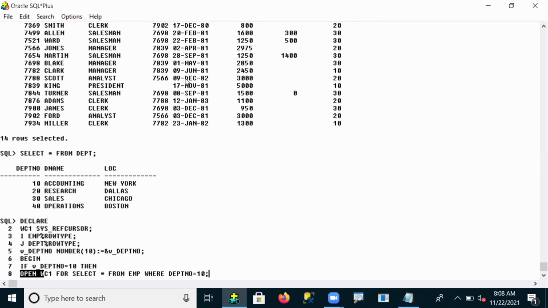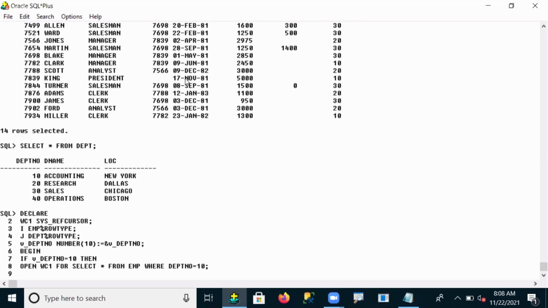Now, in the previous example programs, the ref cursor example programs, what is the difference? Observe. Previously, whatever the user created were explicit cursors. At that time, if you want to identify your select statement, we passed it at the declaration level. But here I'm passing my select query request at the execution of the cursor, that means the opening level, not the declaration. So now we are passing the statement at the execution of the cursor.